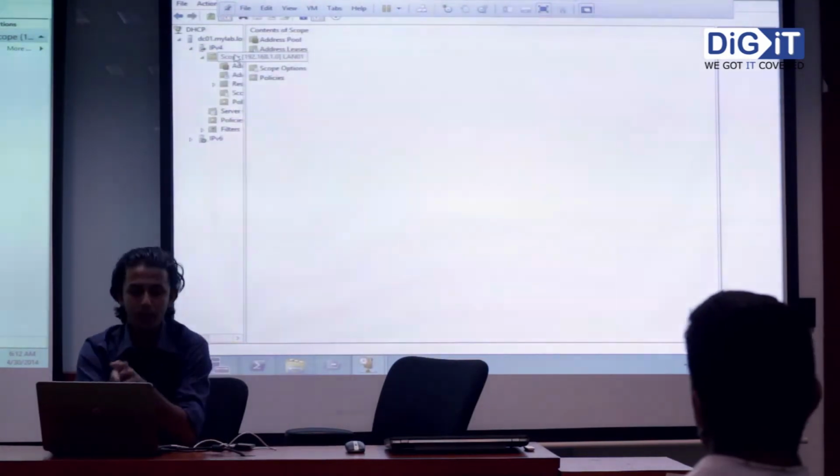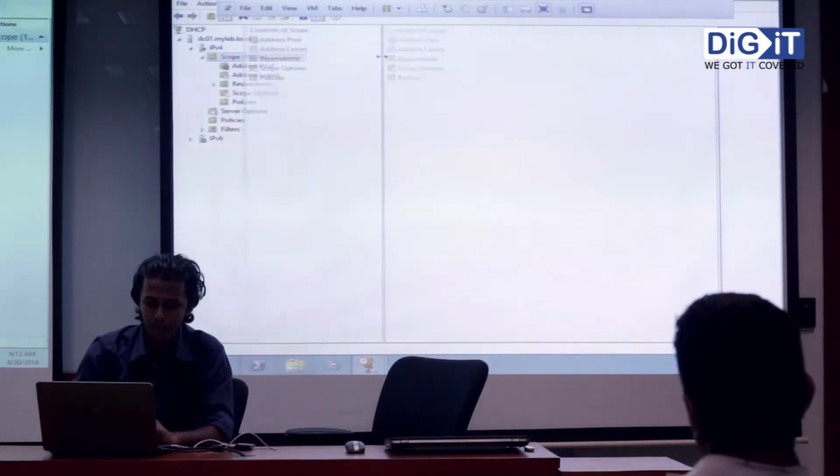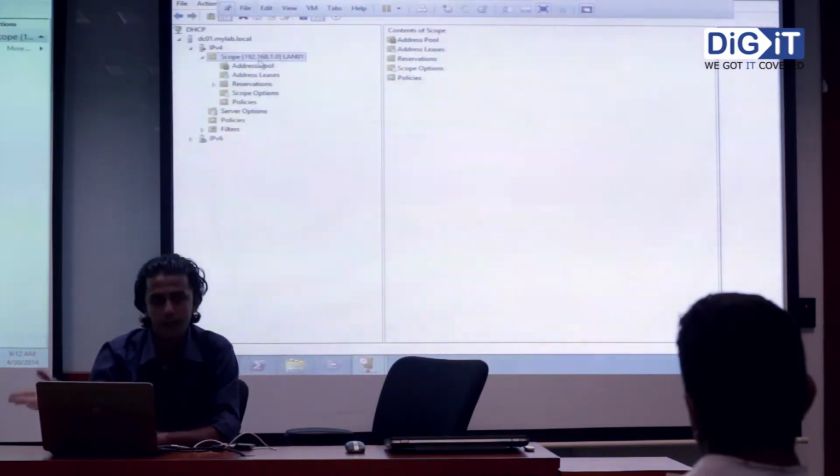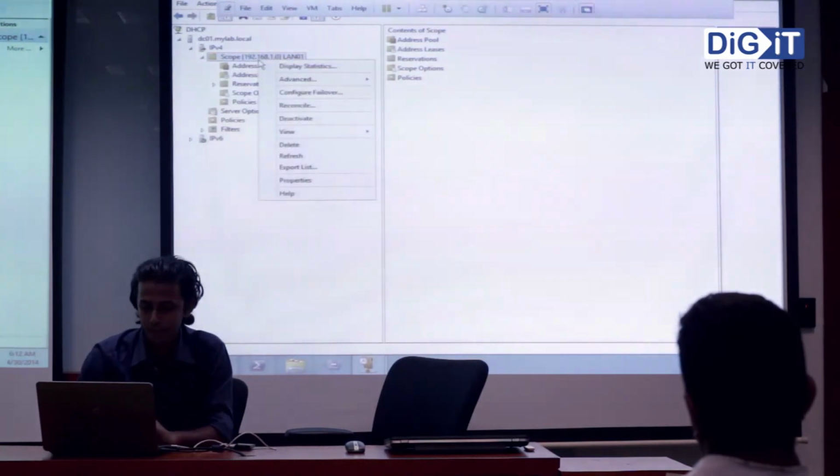Now I am going to replicate this particular scope, LAN 01, into my DHCP 02. Okay.